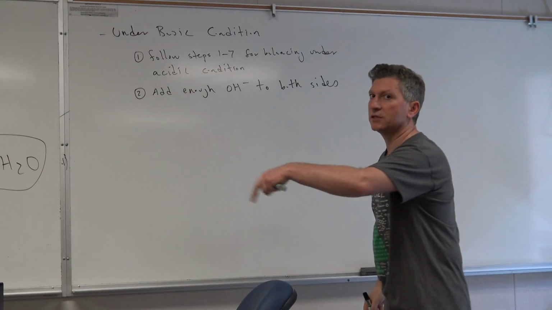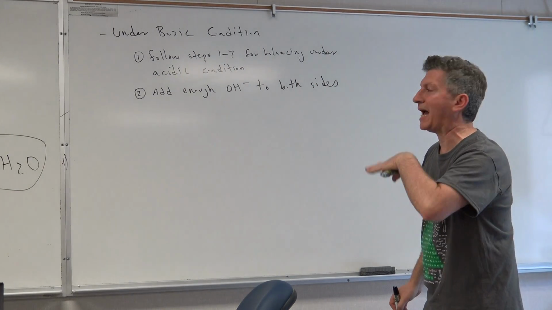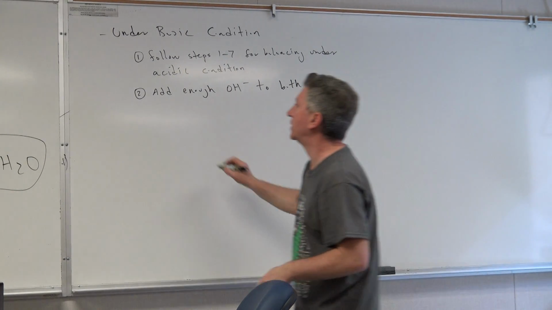Remember, the equation's balanced now, so you can't add to just one side and not the other. So you add enough hydroxide to both sides in order to get rid of